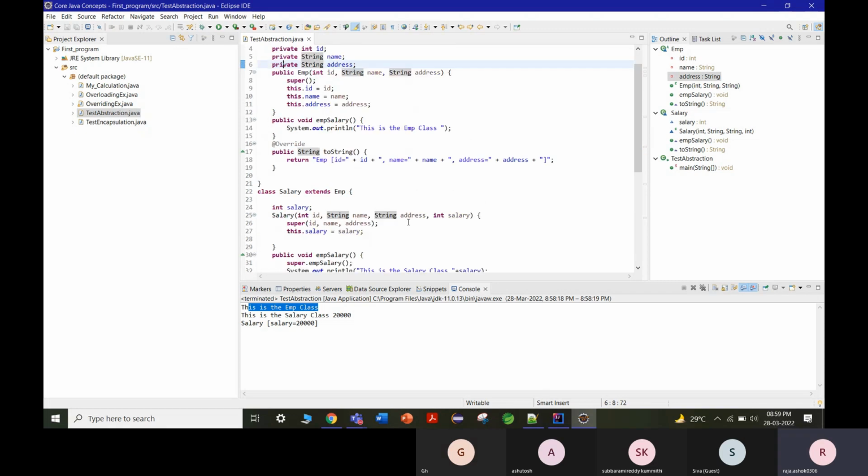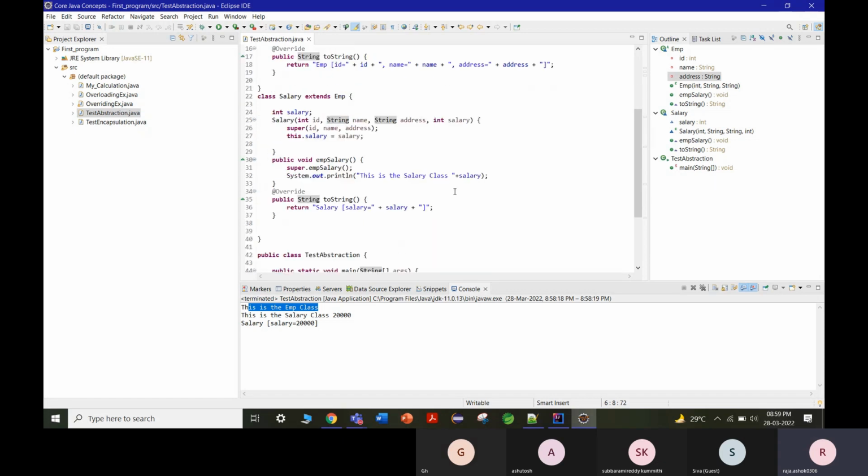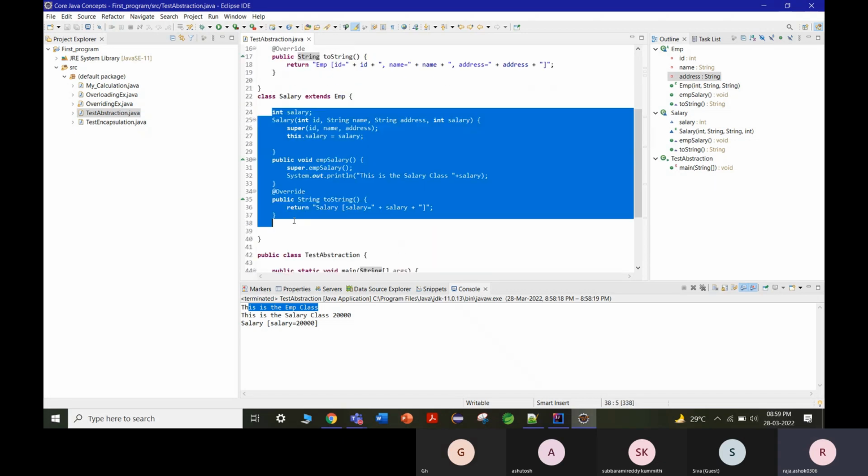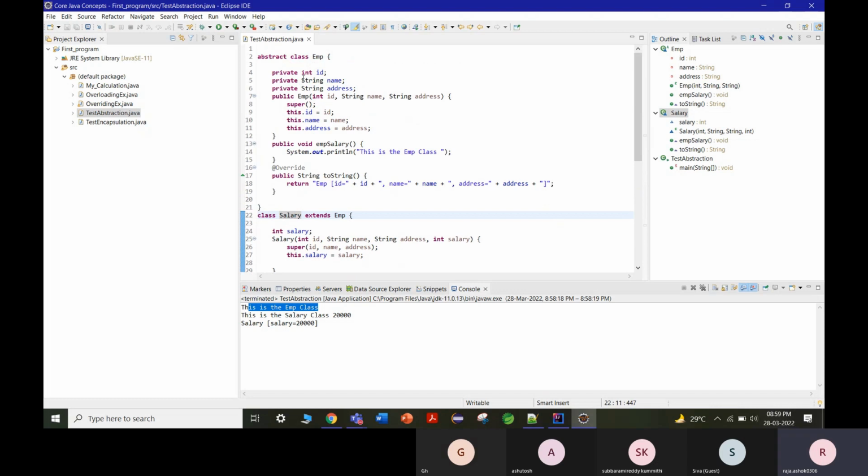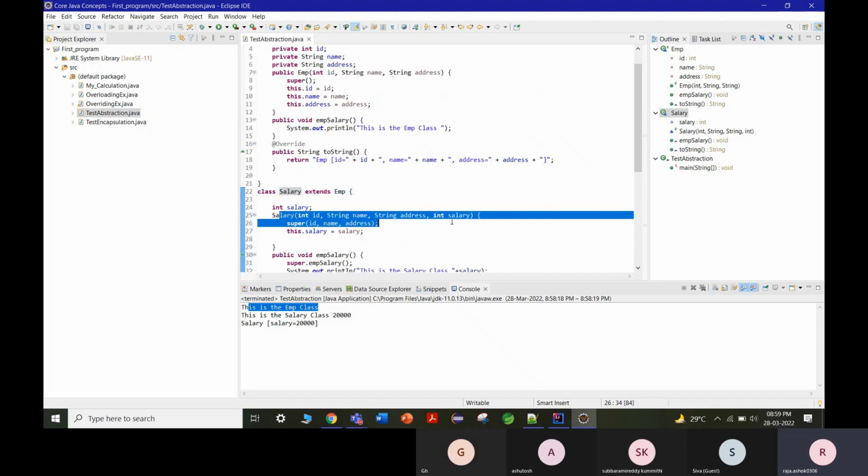What is meant by abstraction? Abstraction is a similar concept to inheritance, but to not instantiate, we use the keyword called abstract. That is the only reason we use abstract. If we need only the salary details and not the employee details for now, we write the employee details separately in a class, and while instantiating the salary,